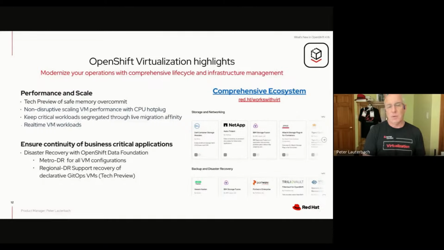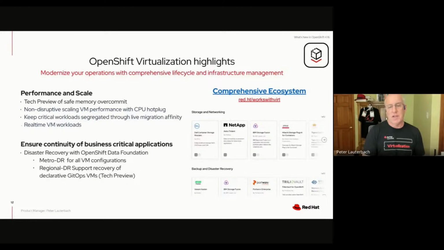This will be first available for declarative virtual machines deployed with GitOps, and in the next release that will extend to all virtual machines. The other thing that's very important and customers asked about is how do you integrate with existing ecosystem partners? Everybody's got a cacophony or cornucopia of storage vendors out there. We work very closely with our existing partners at Dell, NetApp, IBM Fusion, and Hitachi, and others, making sure that not only is their storage resilient and robust for OpenShift, but for VM workloads on